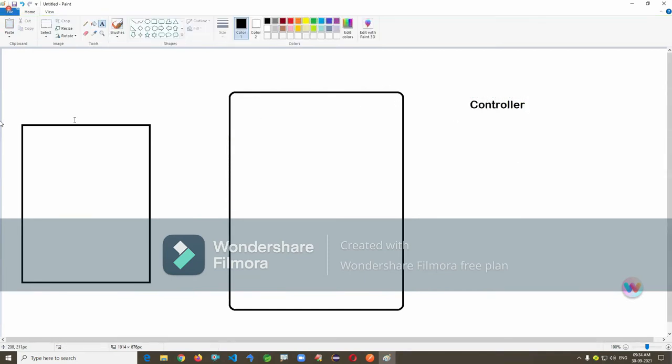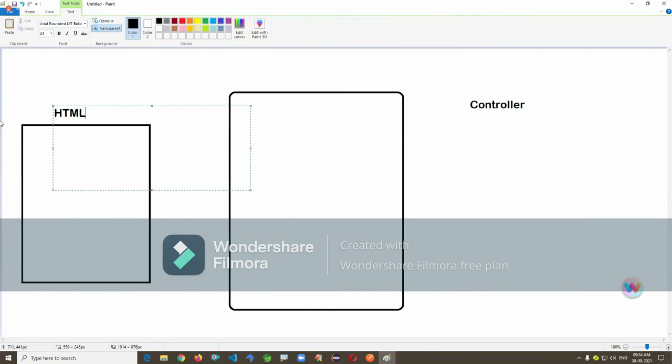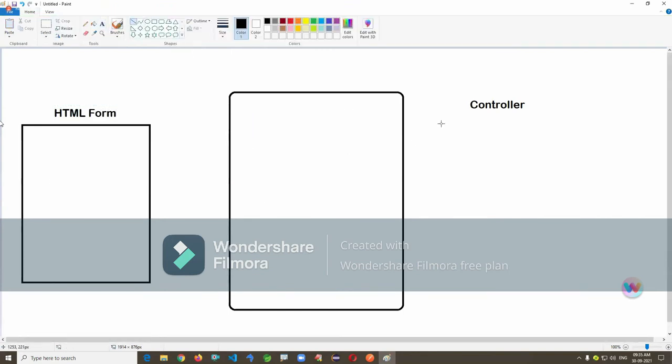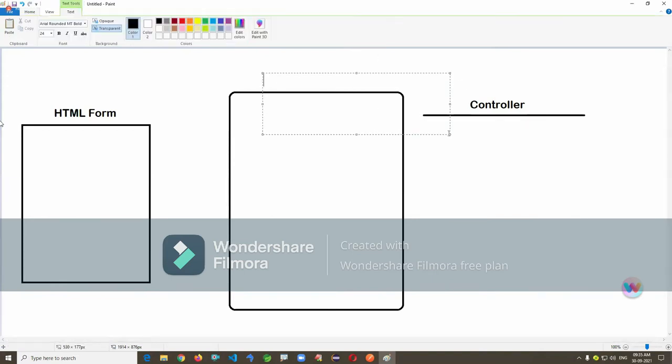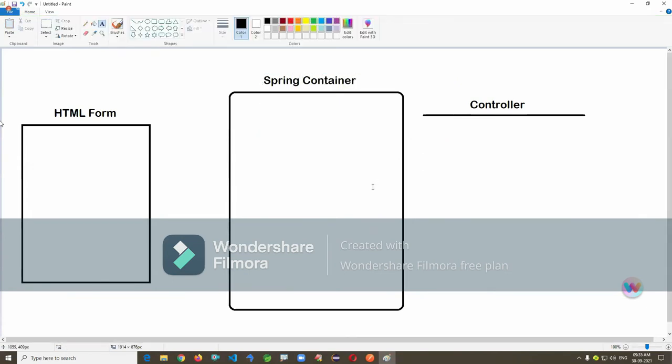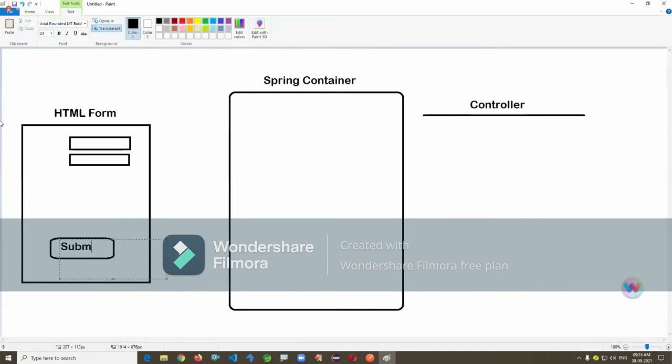Okay, actually, this is an HTML form. I want to send the data to the controller, but in the middle, the Spring Container is involved. A form actually has different types of inputs: radio button, checkbox, drop down, like we have so many.